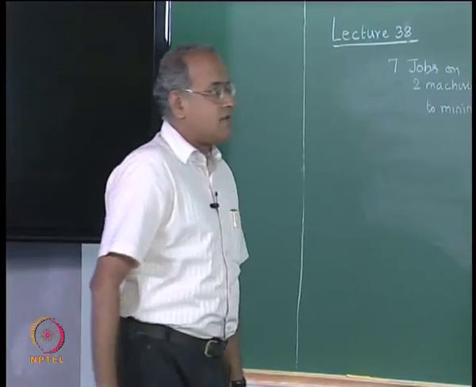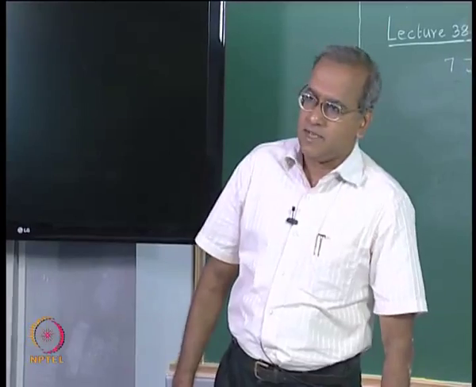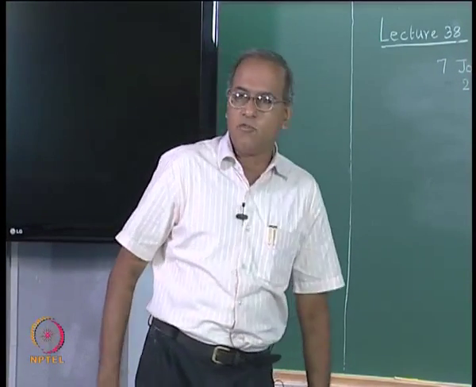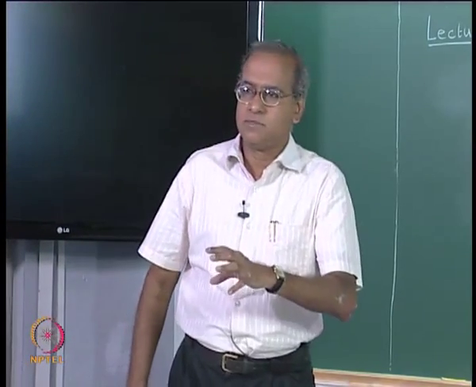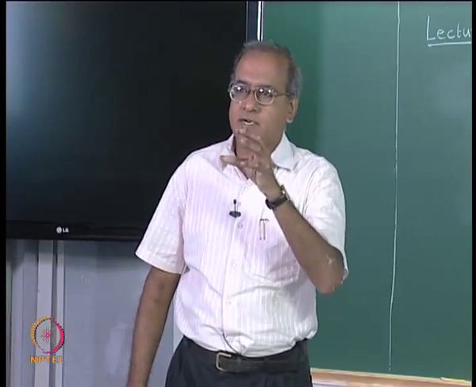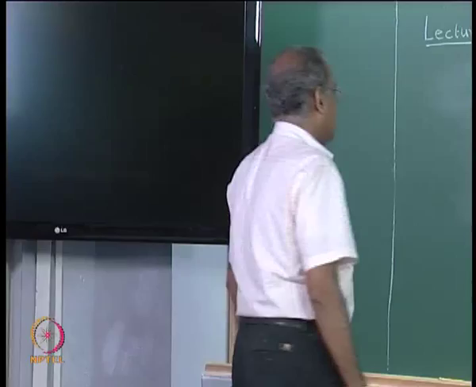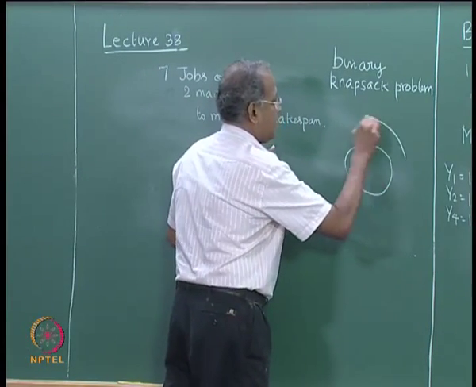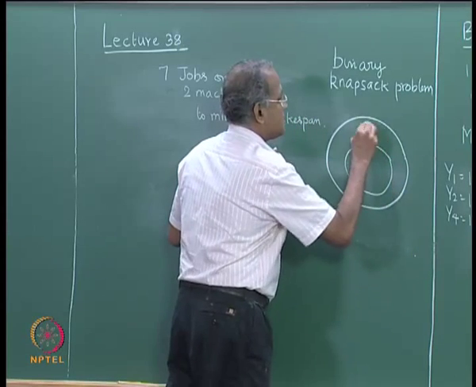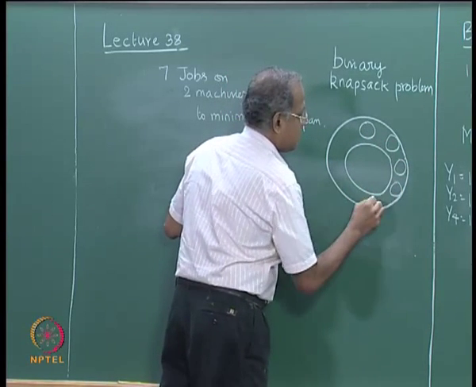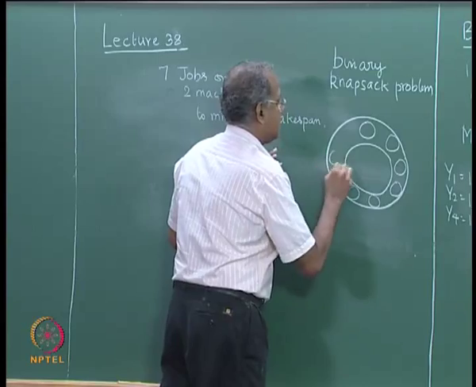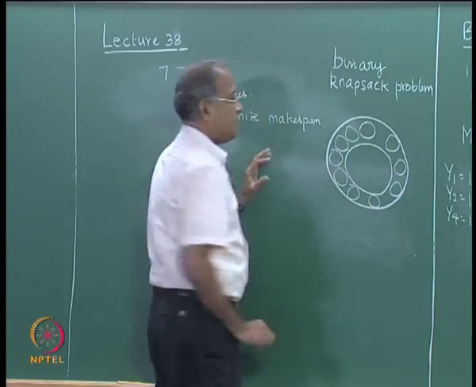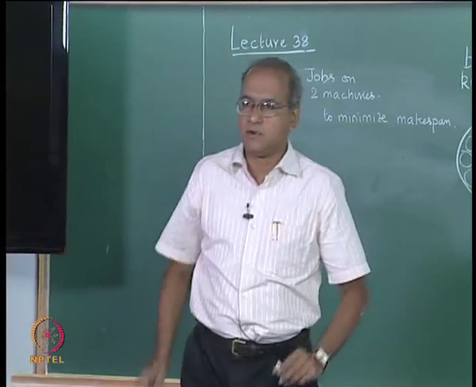But now we also have tool requirements. Each machine has a tool drum with a capacity of 10 tool slots. Typically the side view of a tool drum would look like this. There will be a tool drum like this with slots here. So, we would assume that there are 10 slots where tools are inserted.